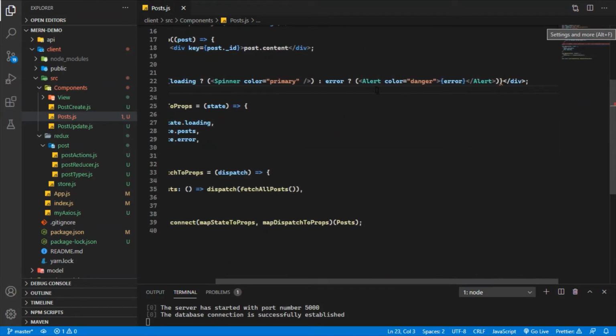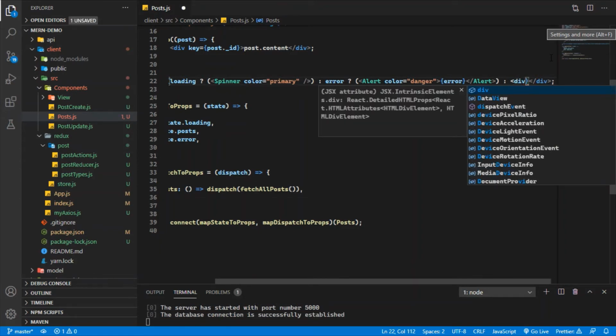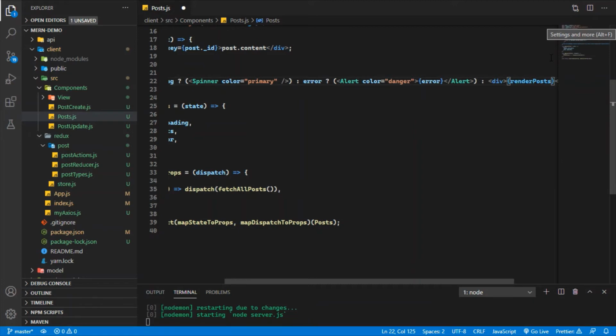And now I'm going to render in between divs our variable, that is render posts.